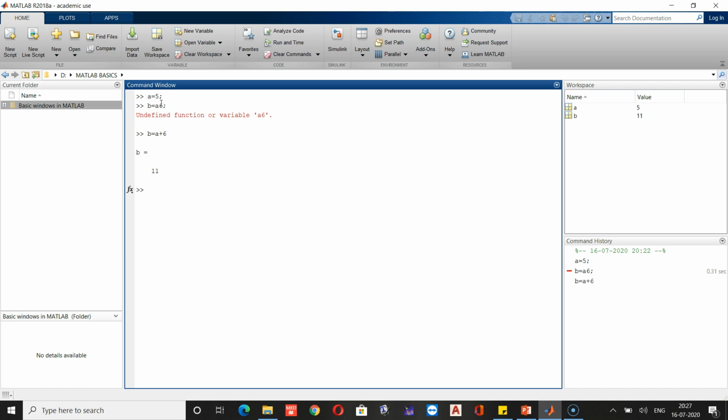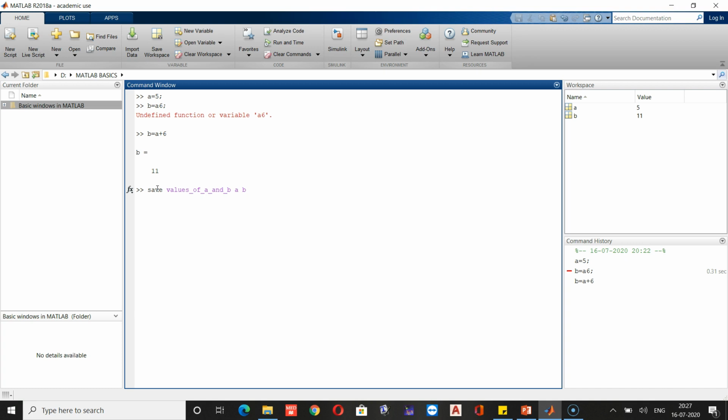Right? So now we have two variables here. We can see that in the workspace as a and b. What we are going to do now is save them. What did I say? We need to use the command save. We need to give a particular file name. Let me give values-of-a-and-b. This is the file name I am giving here, and followed by that, the variables that we want to save here: a followed by a space, b.